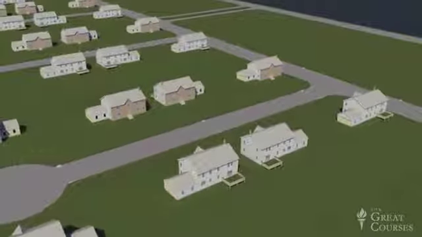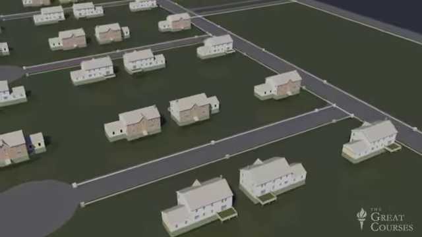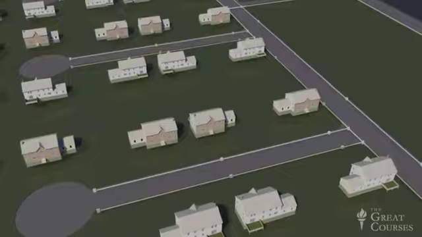If all this extra water isn't properly managed, it's going to cause two major problems. First, during heavy storms, torrents of water flowing over the road surfaces within the development are going to cause a safety hazard for drivers. The design engineer will address this challenge by incorporating a storm sewer system into the site design. Now, a storm sewer is a network of underground pipes that collect stormwater and convey it to a nearby